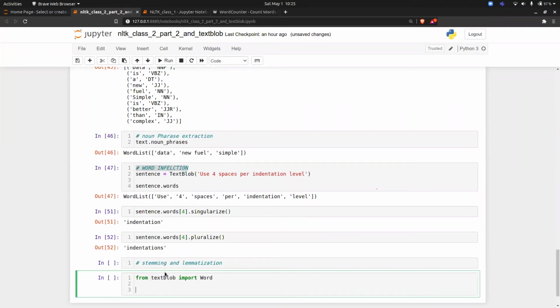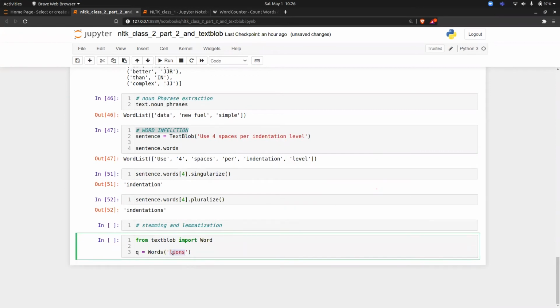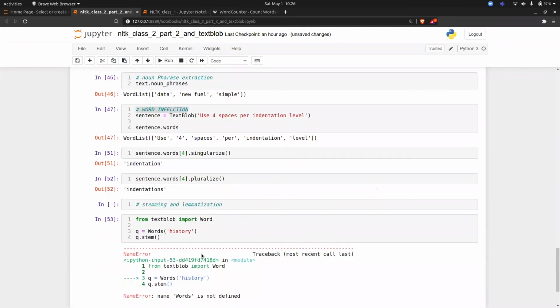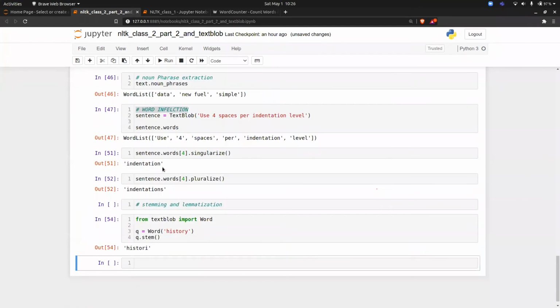Now what you have to do, just q equal to Word, call that particular function, and inside that put one, suppose lions, but okay, let's put history. The famous word which we have seen in the last class also. Then you just do q dot stem. That's it, and run this. And okay, q dot word is not defined, so it is Word. Okay. So it is histori. This is history.